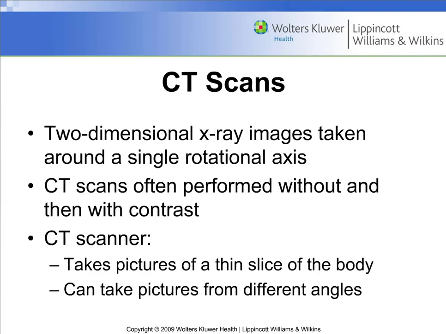Okay, CT scans, computerized tomography, use two-dimensional X-ray images taken around a single rotational axis to generate a three-dimensional image of internal structures. The CT scanner emits X-ray pulses that take pictures of a thin slice of the body area being studied. The scanner can tilt to take pictures from different angles. The images